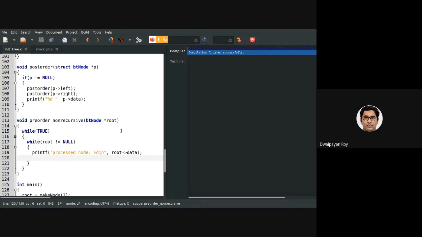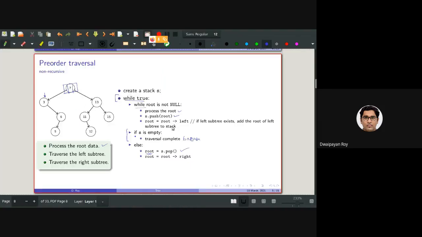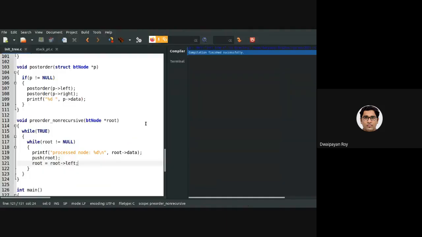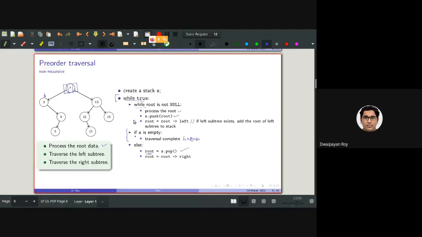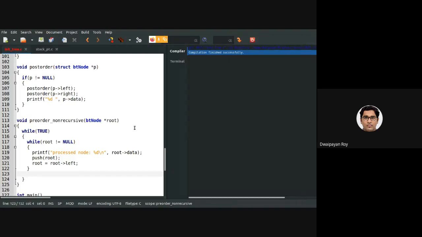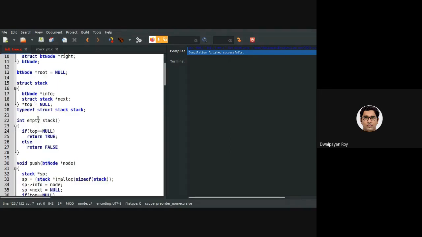All right. Now the next part is we need to push the root. And then we need to set the new root to the left of the present root. As you can see from here, root equals root left. This while loop is done. Now we need to check whether the stack is empty or not. To do that, we have already defined this empty stack function, which checks whether the top is null or not.